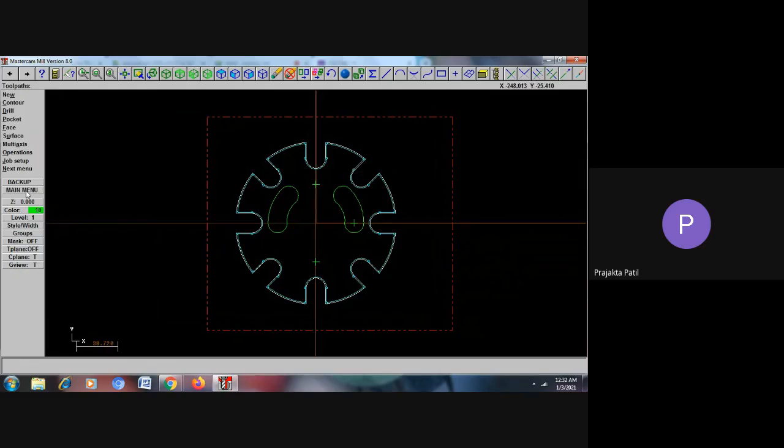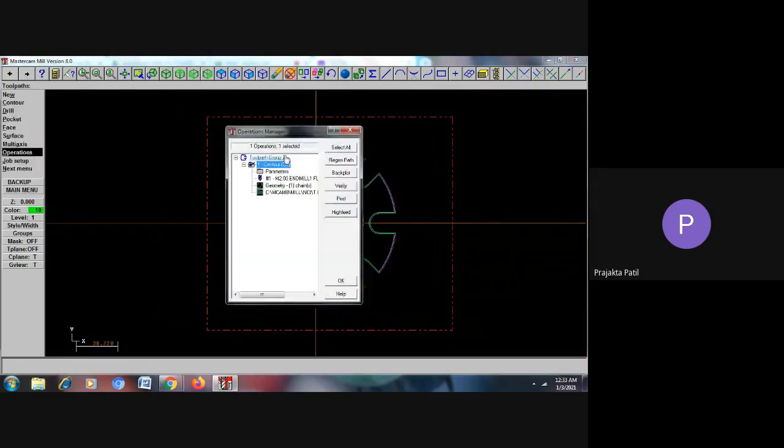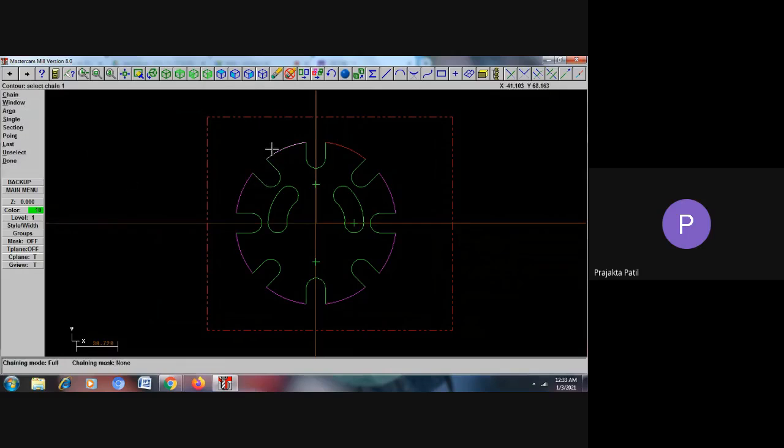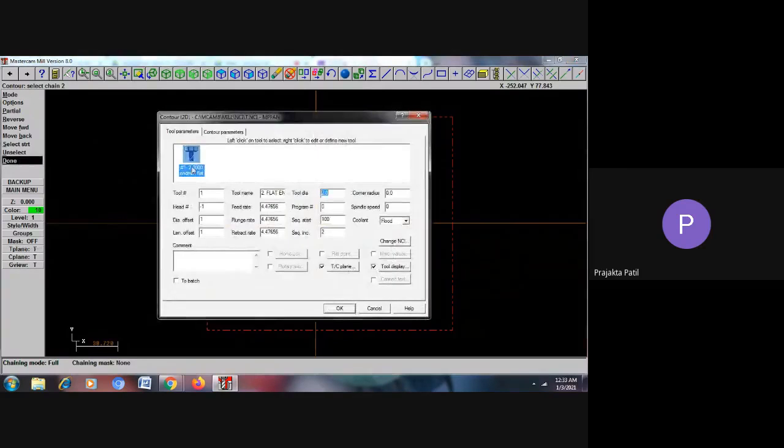So what we can do is we will cancel this command. We'll go to main menu, tool post, and operations, and here I can delete this particular option and redo it. So I'm going to main menu, toolpaths, and I'll say contour. I'm selecting this part and I'll say done. I've already chosen the tool.